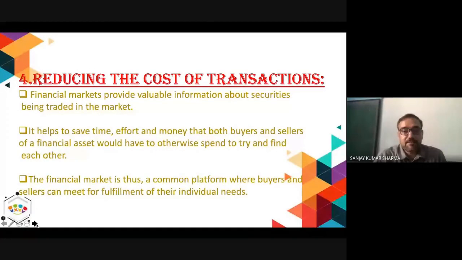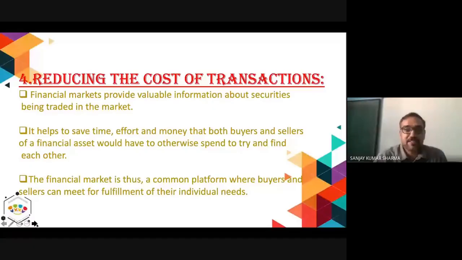It says that financial market is reducing the cost of transaction. Now, to understand this point, you just have to imagine, sit, close your eyes, imagine that there are no stock exchange, there are no demat account, there are no online facilities,